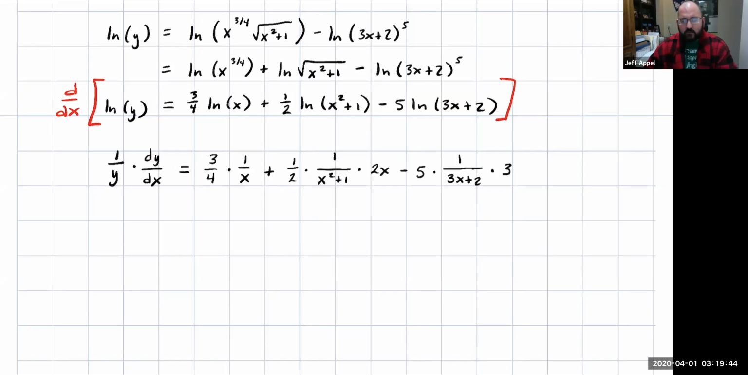So now what we want to do is we want to clean this up a little bit. Just looking at this, the side on the left, I'm not going to do anything with that right now. I'm going to leave that as 1 over y times dy dx. That side will change in a little bit, but let me just see if I can't clean up the right side because there's a lot going on there. So the first term, the 3/4 times 1 over x, we can just multiply the fractions together and write that as 3 over 4x